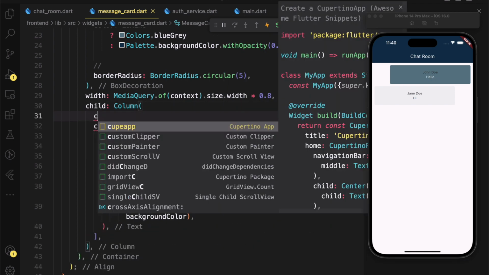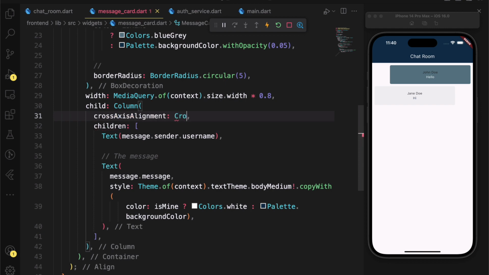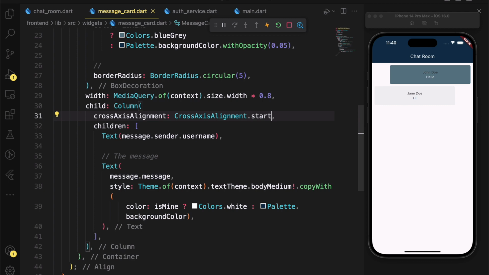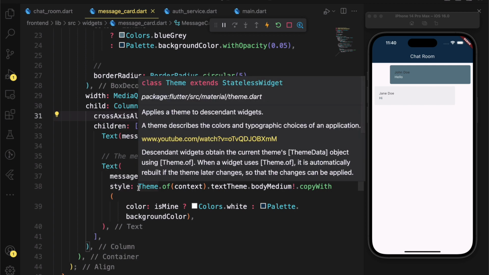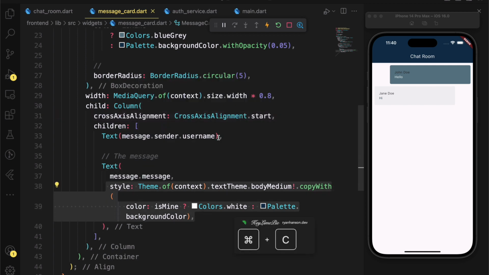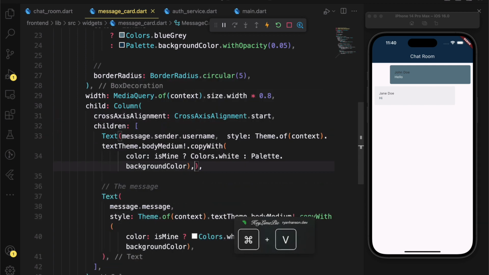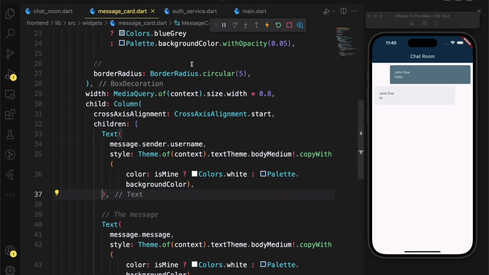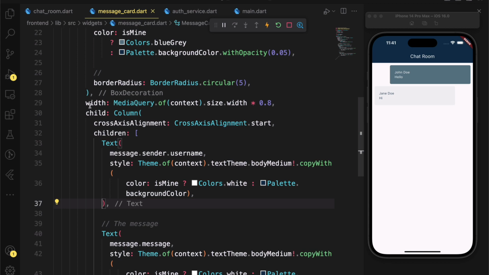So let's make sure that the cross-axis alignment is set to start. So cross-axis alignment dot start. That way, and then we'll copy the styles we have down here. Exactly what we want down here is what we want for the name of the sender. So let's do the same thing. And now we have the name of the sender displaying right there at the top.